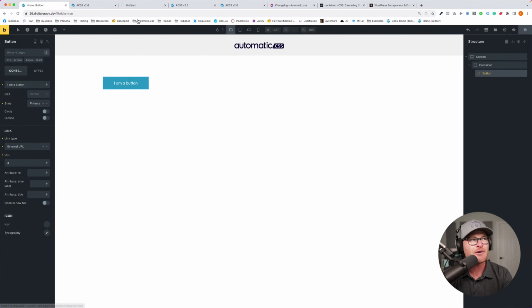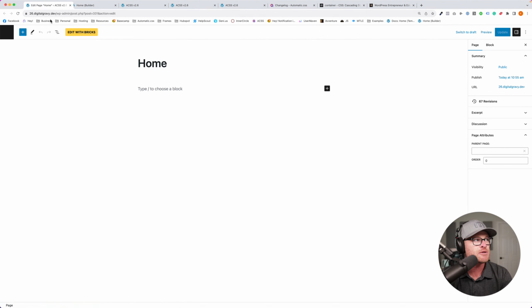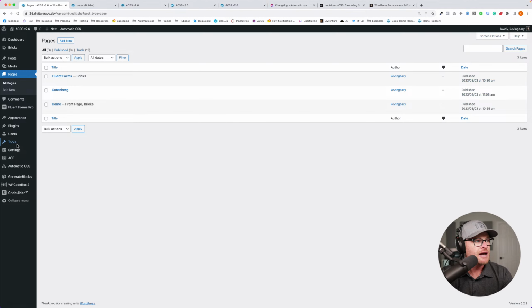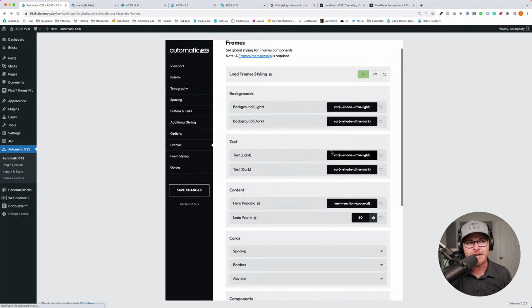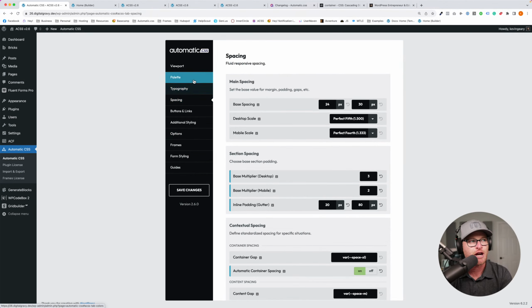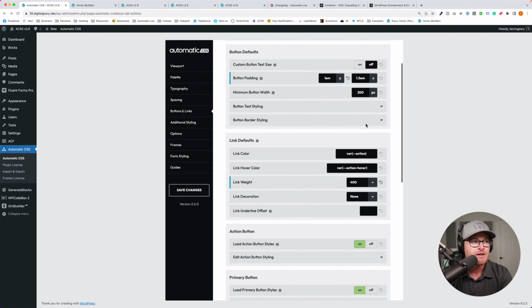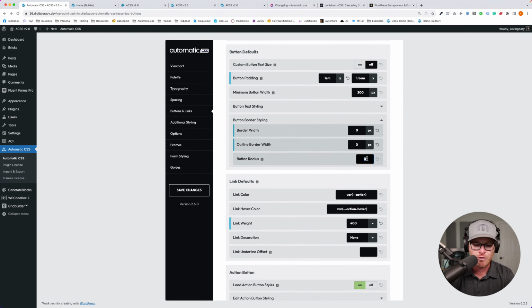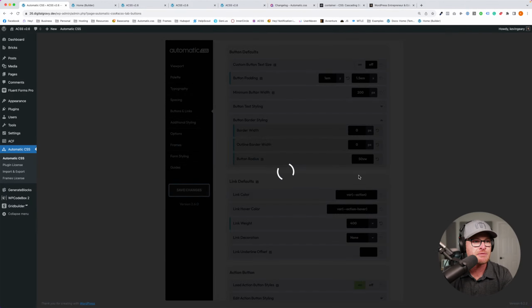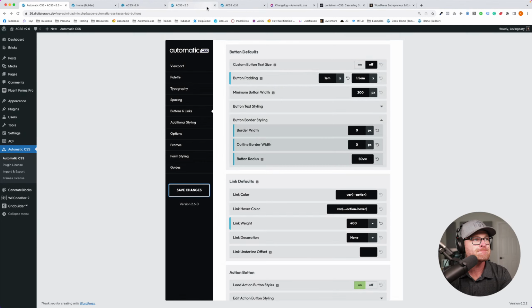And for those of you who are like, how do I change my button border radius? Well, you just do it back here. And I know this is a magic area, okay? I get it. Yes, you could call me out and be like, Kevin, this is a magic area. Yes, you're absolutely right. And this magic area is going to disappear. Button border styling, button border radius. Let's just do something like 50 VW maybe.